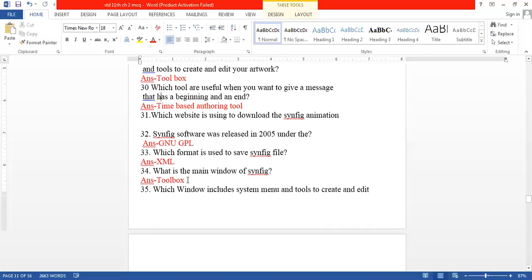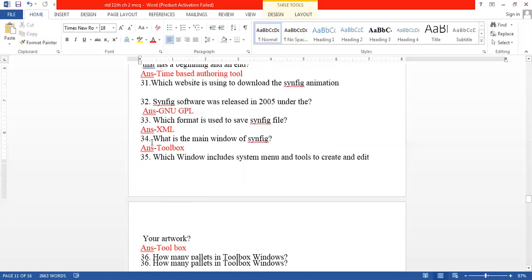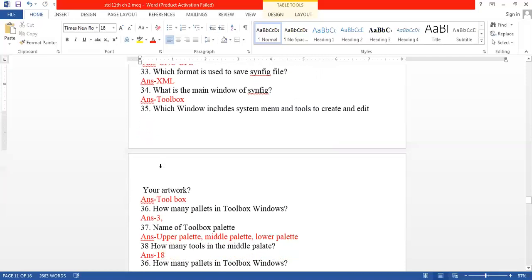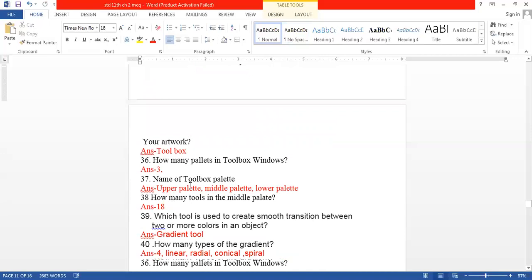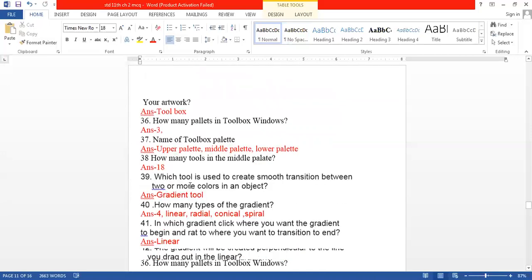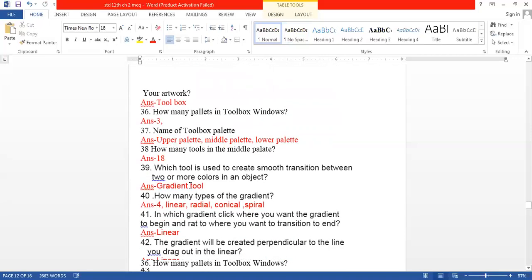The format is XML and the extension is .sif as well. Number 34, what is the main window of Synfig? It is called the toolbox. Without the toolbox, we cannot do anything. Number 35, which window includes the system menu and the tools to create and edit your artwork? It is also the toolbox.